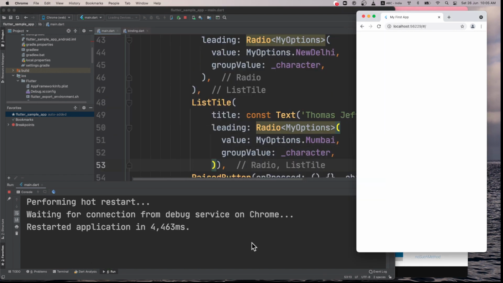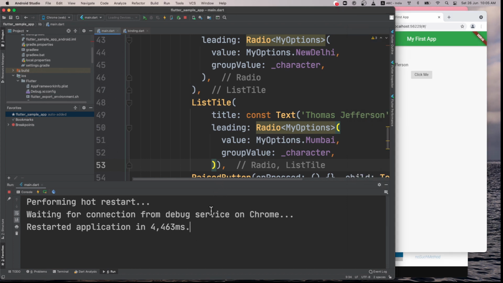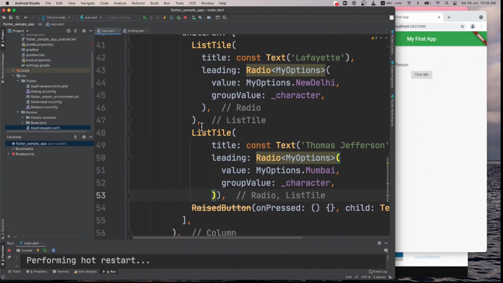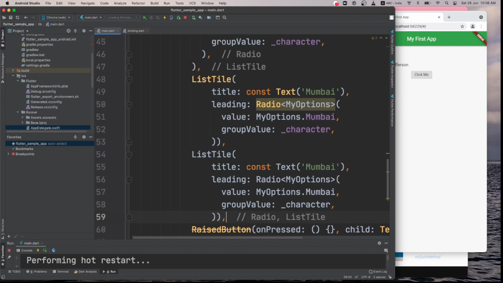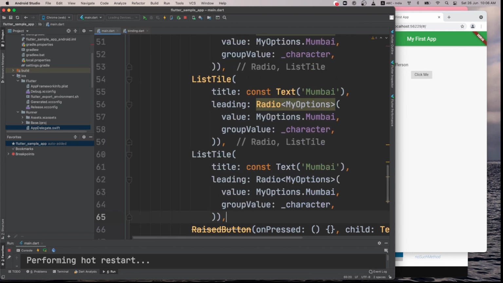If your code is crashing, it will show you there. And now this is the text that is appearing from here. New Delhi, Mumbai, and we can copy paste the whole thing again. Chennai and Kolkata.